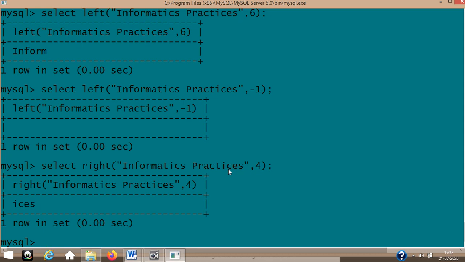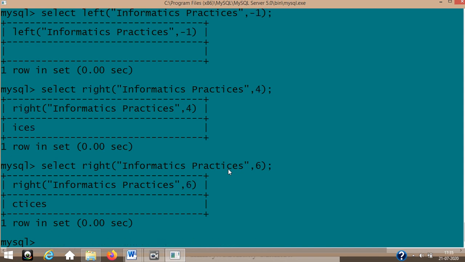We don't have that. We start from the 4th position from the right side. So if I'm giving 6, the last 6 characters are taken. Substring and MID and all these extract from anywhere, while LEFT and RIGHT extract from a fixed end.